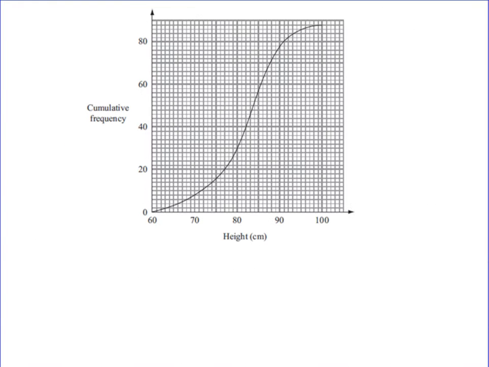Question 8, cumulative frequency question here. Find an estimate for the median height. So what are we going to do here? How are we going to work that out? Well, the median is the middle of your cumulative frequency. Here we've got jumps up, and each jump is worth 2. So it jumps up 2, 4, 6 and 8. Our top value is 88 pieces of information, so 88 pieces of information means that our median